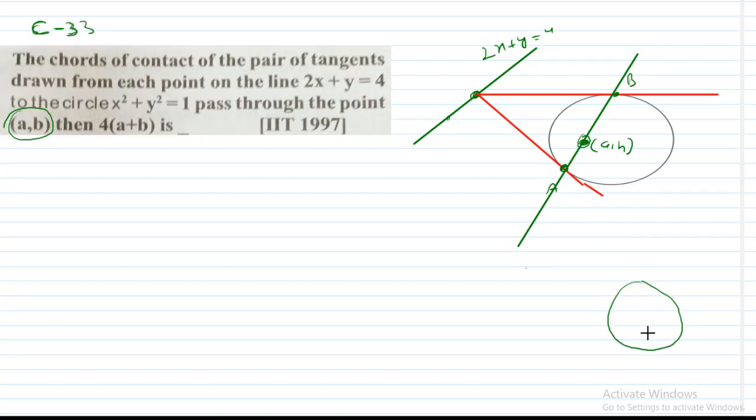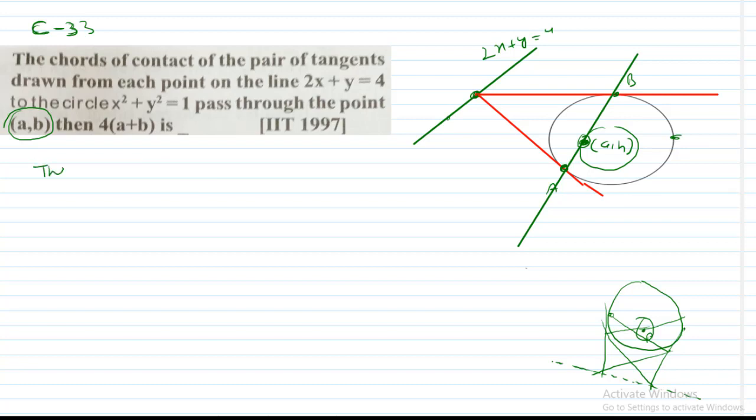Students, listen here. This is a circle. P is any interior point. Through P you can draw infinitely many chords. If tangents are drawn through the extremities of these chords, they will meet at a point. All these points form a straight line. That straight line is called the polar of P with respect to this circle. So 2x plus y equal to 4 becomes the polar of the point a comma b with respect to the circle. That is what I want to write here.